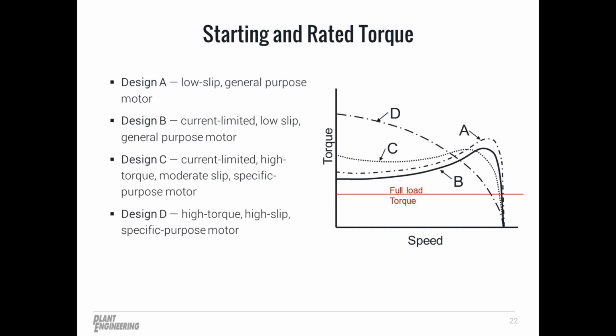NEMA Design B and equivalently IEC Design N are the most commonly used motors in the industry, and they would be referred to as current limited, low slip, general purpose motors. NEMA Design A would be similar to NEMA Design B, but they don't have that starting current limitation. NEMA Design C and equivalently IEC Design H motors would be moderate slip, high torque motors,